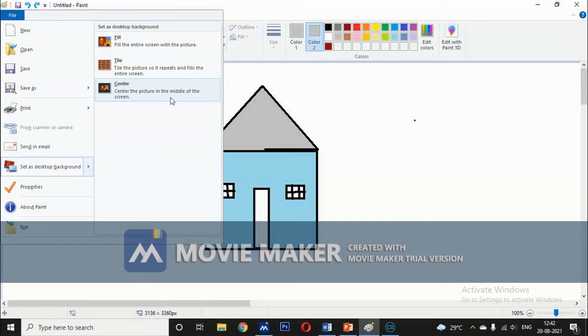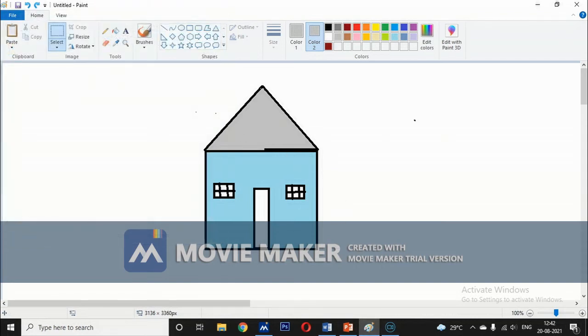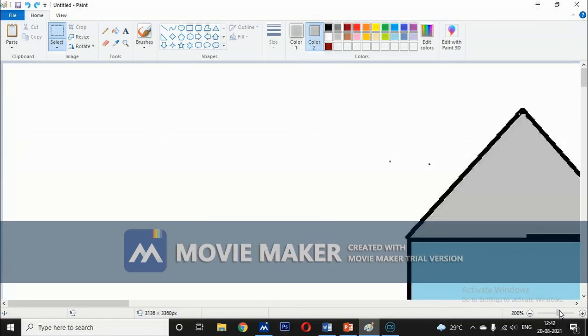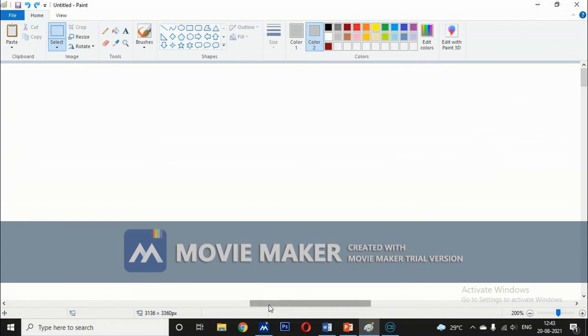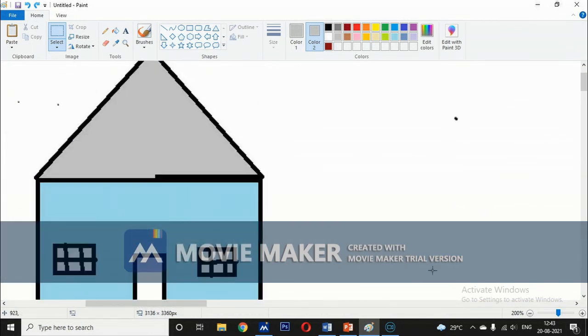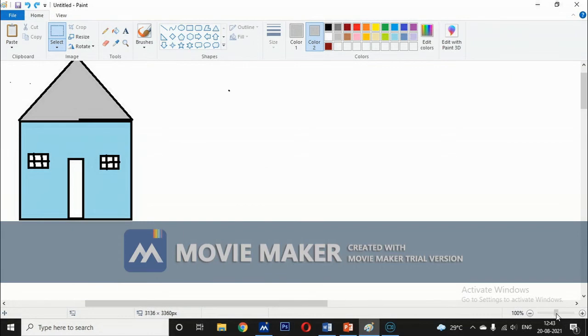Okay, children, and the last command is zoom in and zoom out. This zoom in and zoom out command is used to see a larger or smaller view of an image. This is the zoom out command and this is the zoom in. Zoom in means increasing and zoom out means decreasing. If you want to see a larger view of an image, you can zoom in. Children, you can see the larger view of an image. And if you want to see a smaller view of an image, you can give the zoom out command.